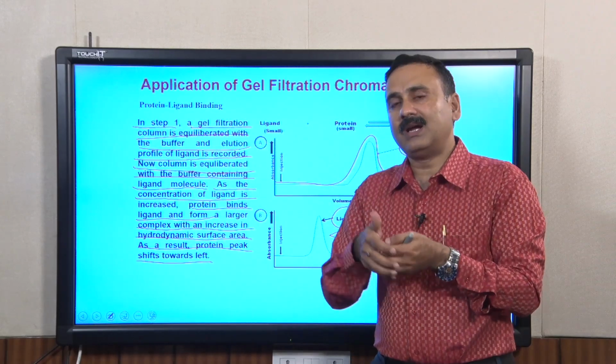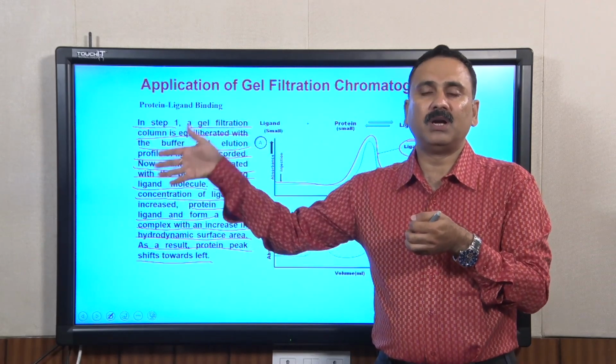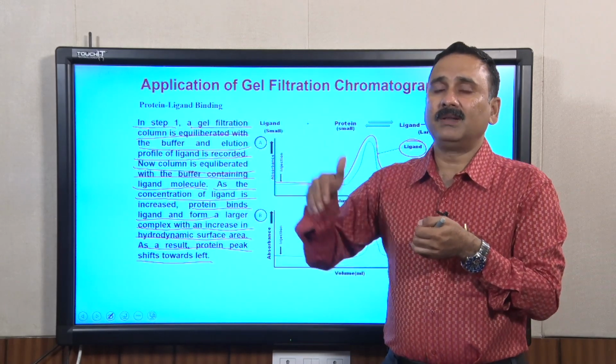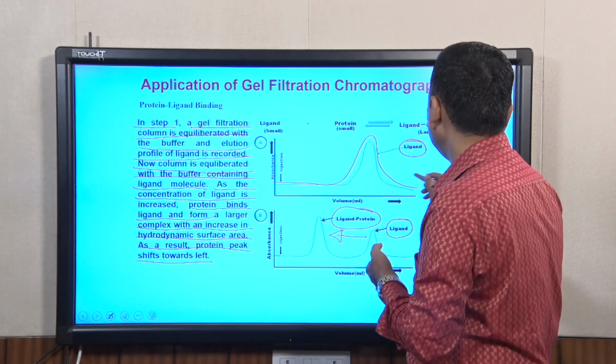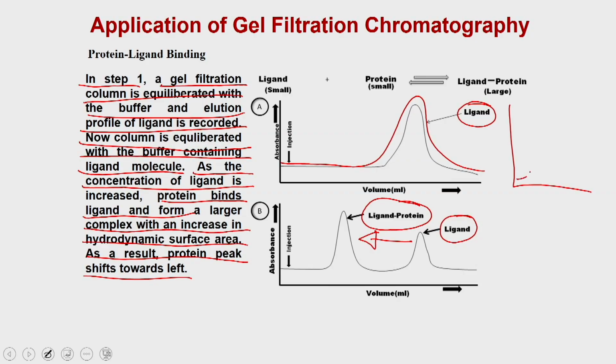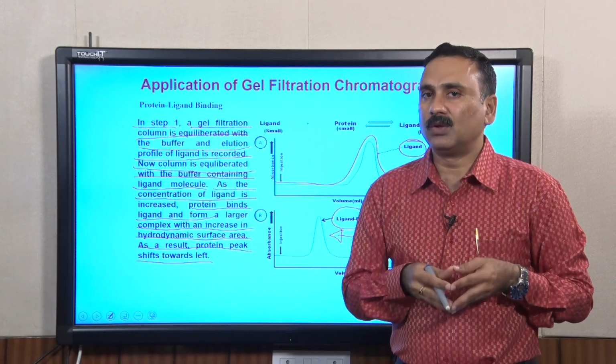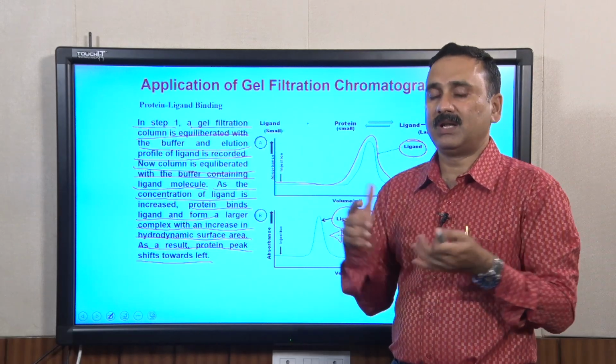But once you increase that particular concentration and you go to 20 micromolar, 30 micromolar or 50 micromolar, the remaining amount is going to form separate peaks as a ligand. So, in that case when you resolve that, the protein ligand complex is going to appear, and then you will see that the ligand is reappearing in that particular condition. That means that now this is the stage at which the protein is fully saturated with the ligand, and if you use these particular values, you could calculate the dissociation constant of the ligand protein interactions.